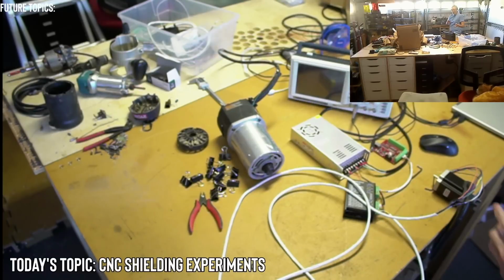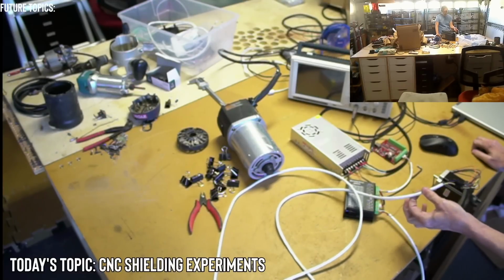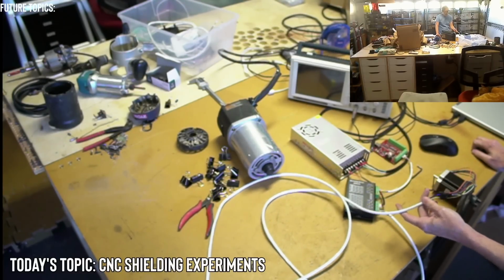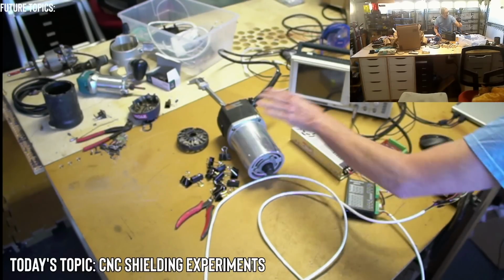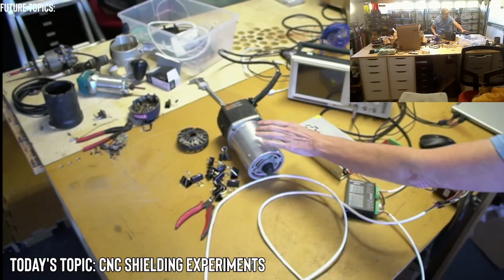And what I want to do in this session is also test it. Well, I've already tested it with this wire, and we did see a lot of interference from the motor. In fact, there's a lot of interference on this motor as compared to the router. So any preconceived notions that we have with this being a worse,